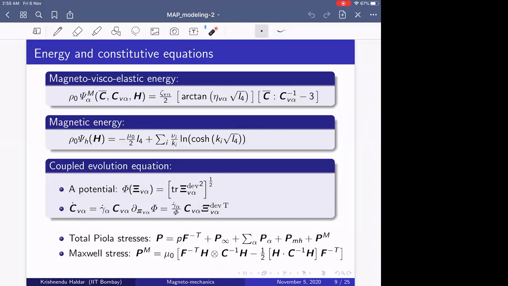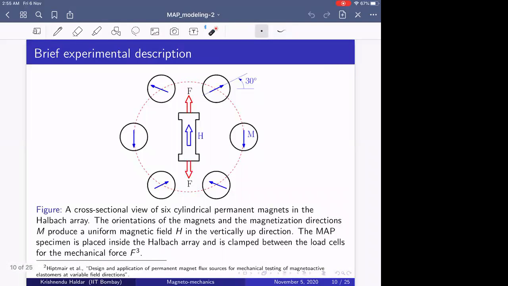Okay. So now let's go to the experiment. This is taken from Hitmer et al. This is in Linz, Austria, at the Institute of Polymer Technology, where the collaboration for the experimental part took place. So what they did, this is the specimen here, and what you see here, these circles, are the